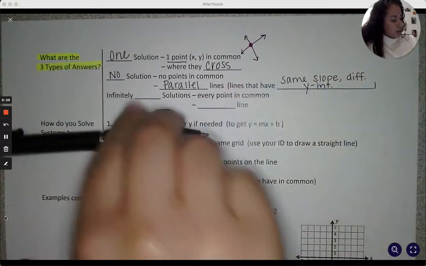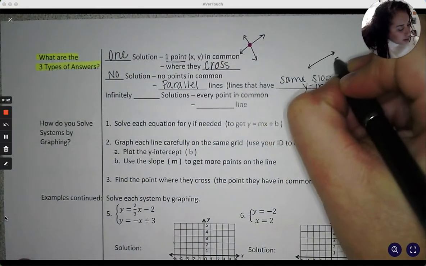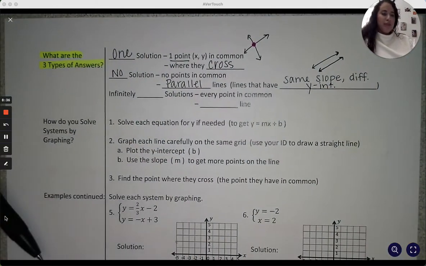So those lines are going to look like that. Okay. So we have 1 solution,